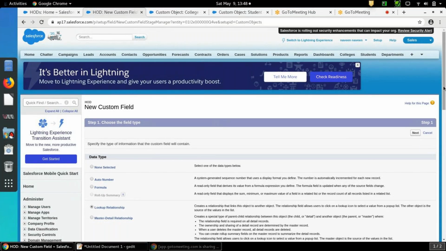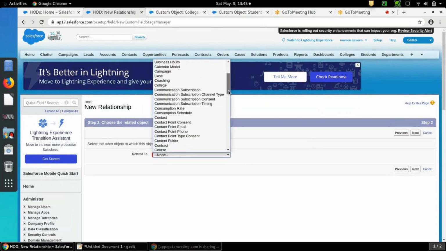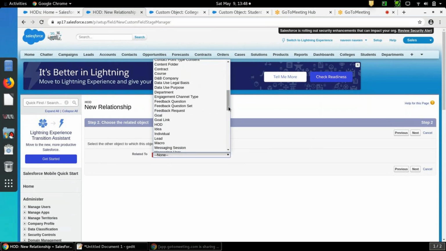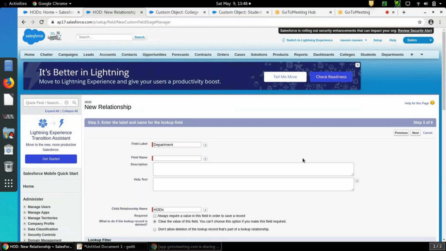Select lookup, click on next, and which object do you want to relate? I want to relate to the department object. Click on next. Field name you can mention anything, like HOD.